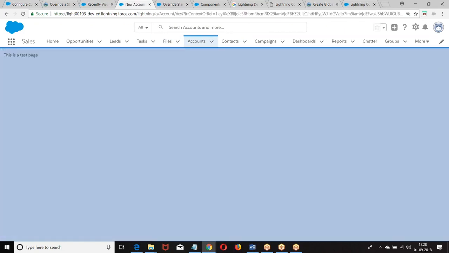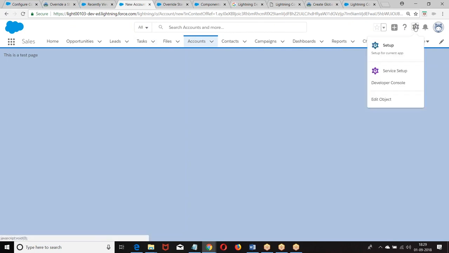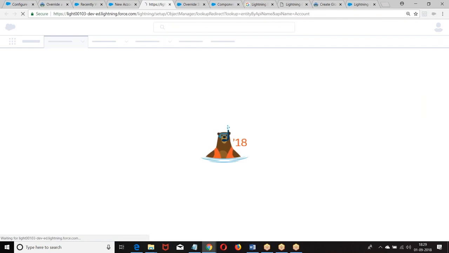Click on the new. When you click on the new, what do we get? This is test. Actually, your standard component was there. That was replaced with your custom component. Now we got only this test page because I have overridden the page. Now we'll design it step by step. First, we are just looking at how to create an object specific action.